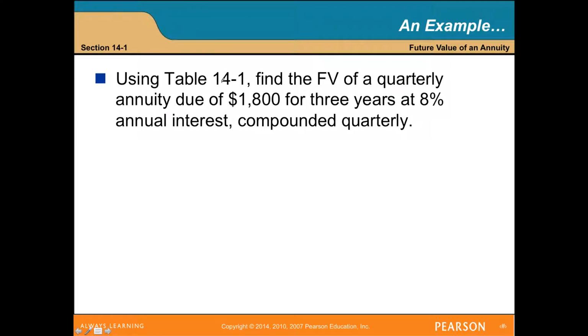As an example, using table 14-1, find the future value of a quarterly annuity due. Again, we have quarterly, which means that we're looking at fourths of a year, of $1,800 for 3 years at 8% annual interest, compounded quarterly. So now, 3 years, quarters, we're gonna multiply 3 times 4, which is 12. So we know that there's 12 periods. And when you work that out, you get